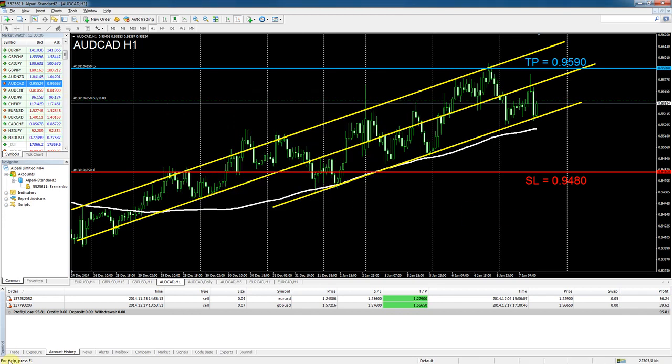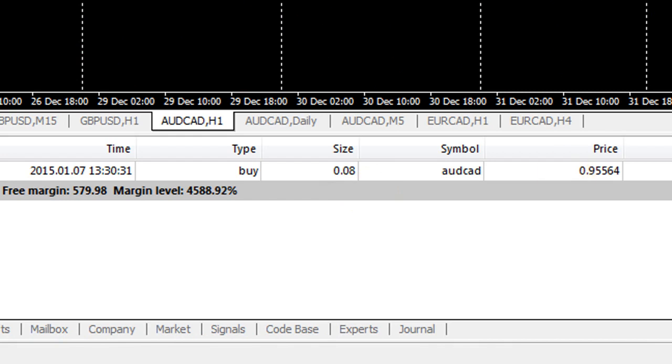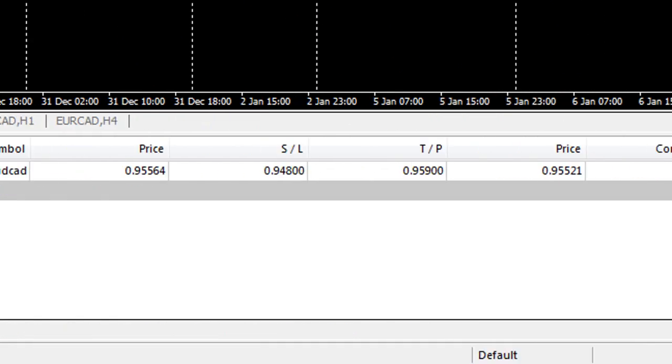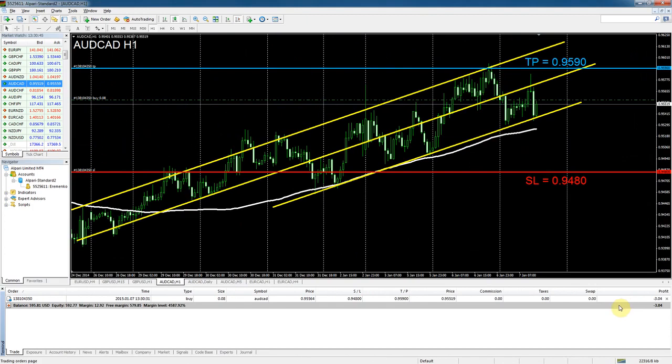0.08 lots. If we go into the trade tab over here, we can see that the order is up over there, and right now we're in a bit of a minus, and that's because of the spread. So we'll leave it at that and check back in hopefully maybe today. So these vertical lines, these are period separators. That means a new day according to server time. So maybe today, maybe the day after, hopefully we'll get a result,